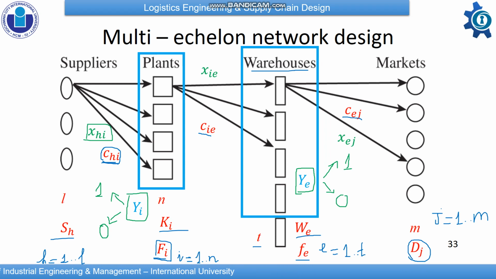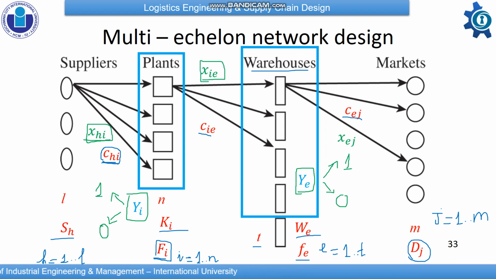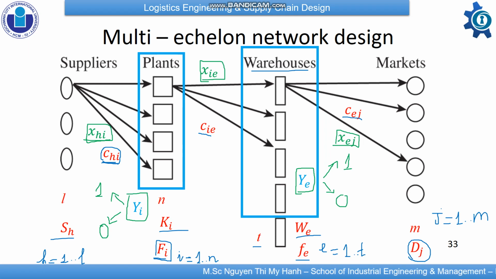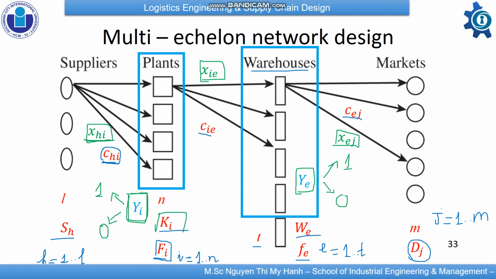Okay, and we also want to determine the total quantity we ship from supplier H to factory I. And we also want to determine how many products we should deliver from factory I to the warehouse E, and also the total quantity shipped from the warehouse E to the market J. Okay, as you are already clear about the objective, all the parameter inputs and the decision variables, we want to determine those decision variables to minimize the total cost of this whole supply chain. Okay,